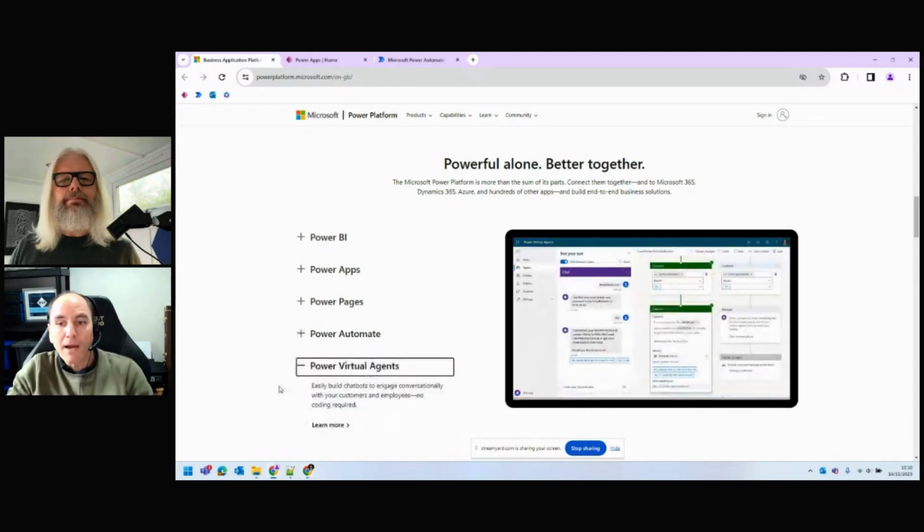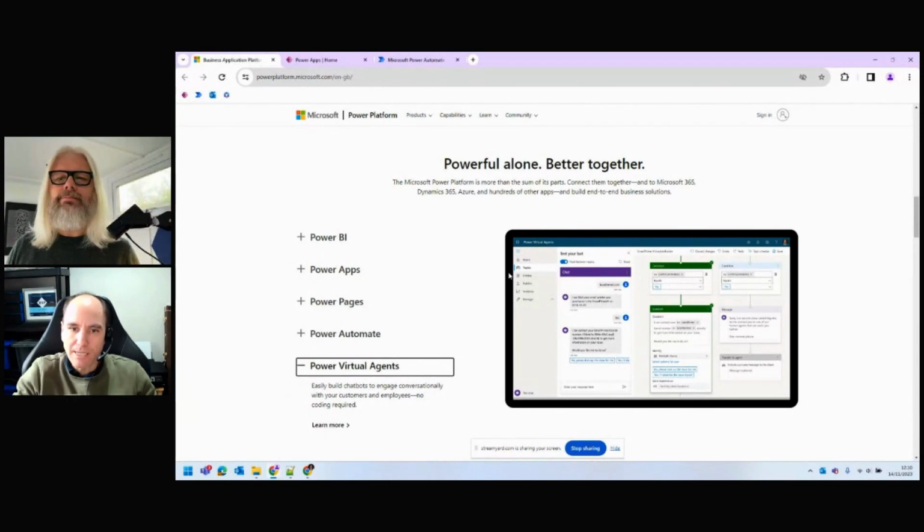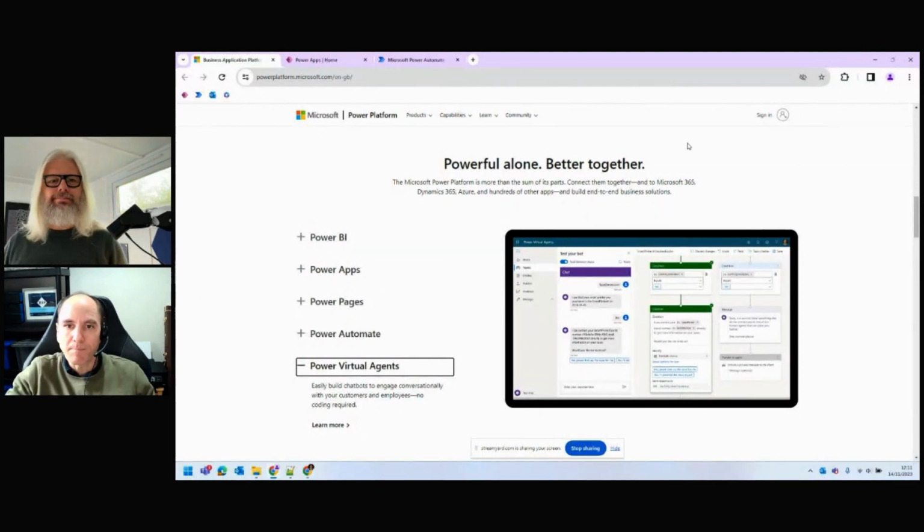And the very last one is Power Virtual Agents, which is a fancy term for chatbots. So this is a way you can actually use the designer again. So this is accessible for people who are not technical or have minimal technical skills. Sometimes they call them citizen developers, or citizen makers. And this is a way that if you're someone with this business domain knowledge, let's say you work at an airline and you know how it works, the ticketing, passenger lists and everything like this. But me as a developer, if I've not seen it, who's going to be the best person to build an app or a system on this? The person with that knowledge.